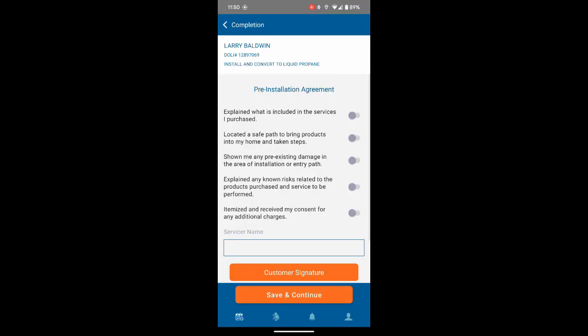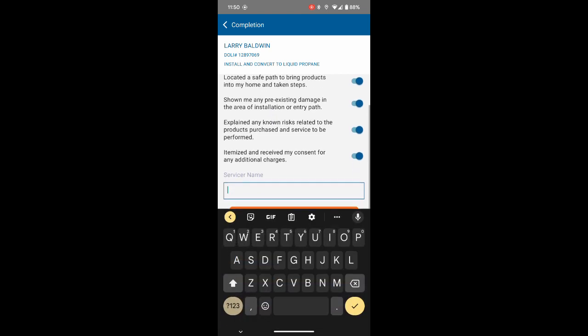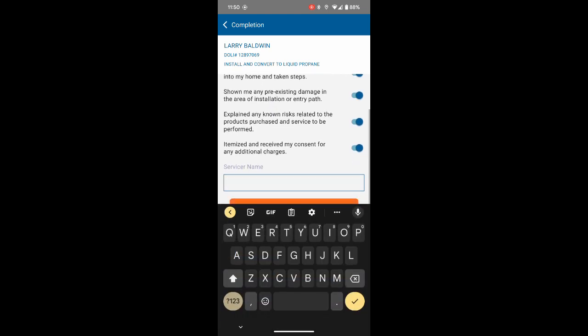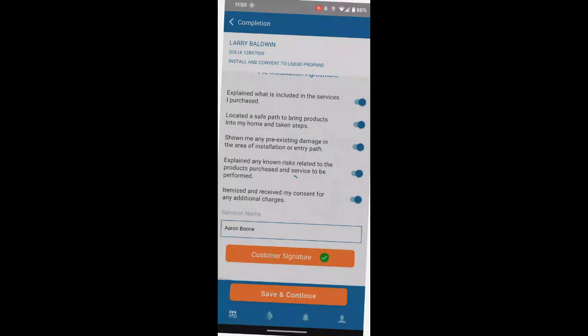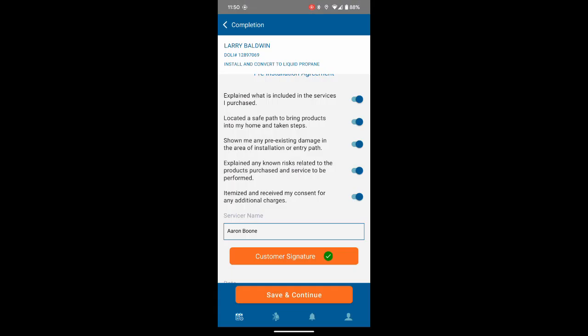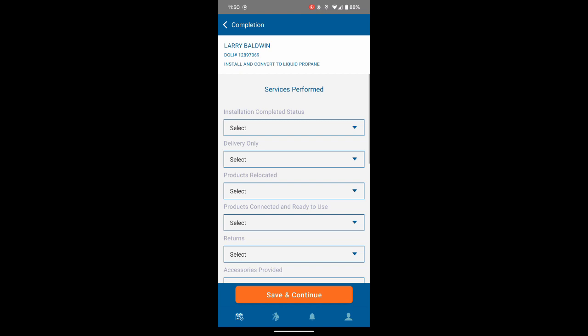Finally, review the pre-installation agreement checklist with the customer. Enter the servicer's name in the text box, then tap Customer Signature and ask the customer to sign off. Tap Save and Continue. This is the end of the pre-installation section. After this, perform the installation and come back when the work is complete. Once the installation is finished and you have completed your demonstration, return to the complete step and pick up with